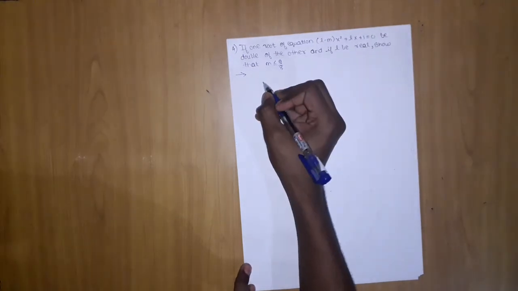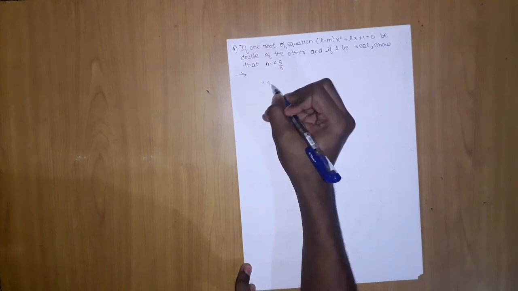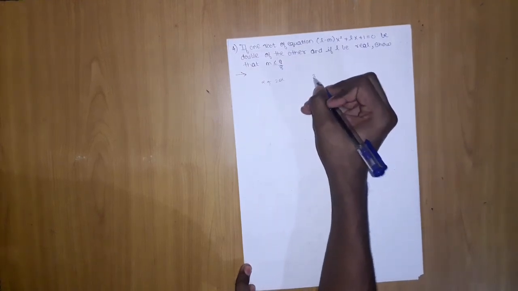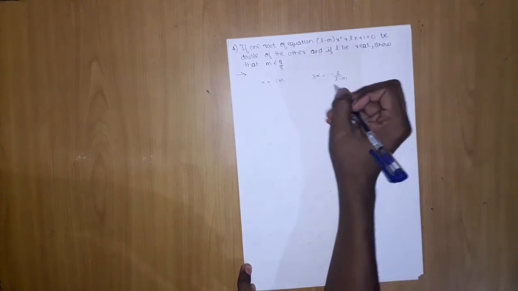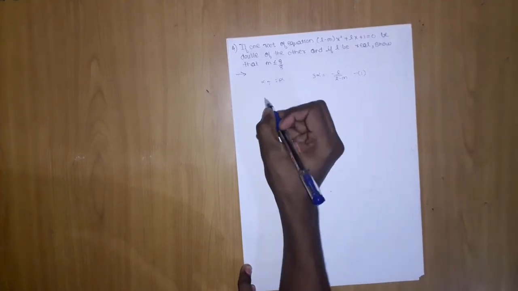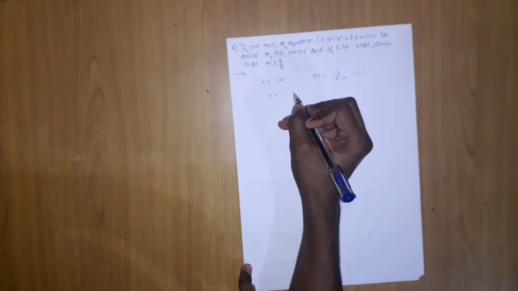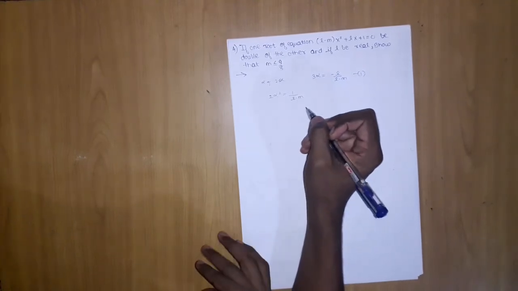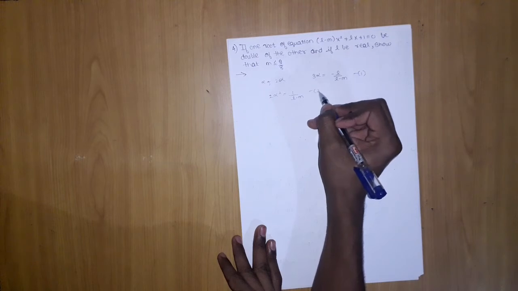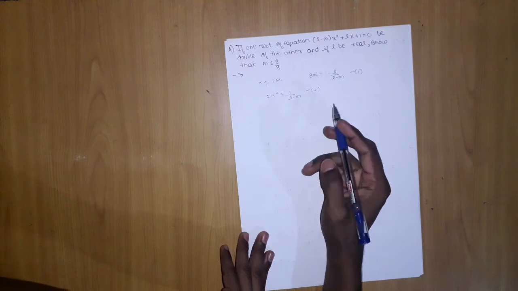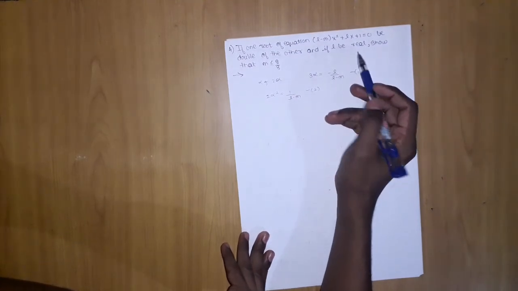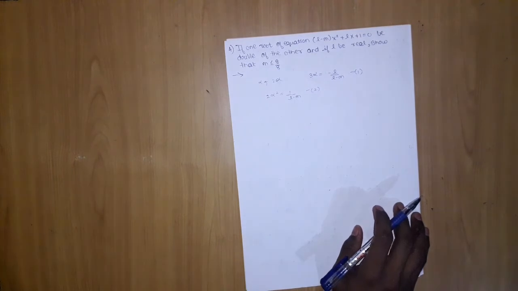Okay, so if one root is alpha and the other root is 2 alpha, then the sum of roots will be 3 alpha, which equals minus L upon L minus m. Let's take it as 1. Now the product of the roots will be 2 alpha square, which is 1 upon L minus m. Now if I square the first and then equate alpha square, we can get some relation in L, and we know that if L is real, then in the end we will apply D greater than or equal to 0 for the quadratic in L terms. So let's eliminate alpha.